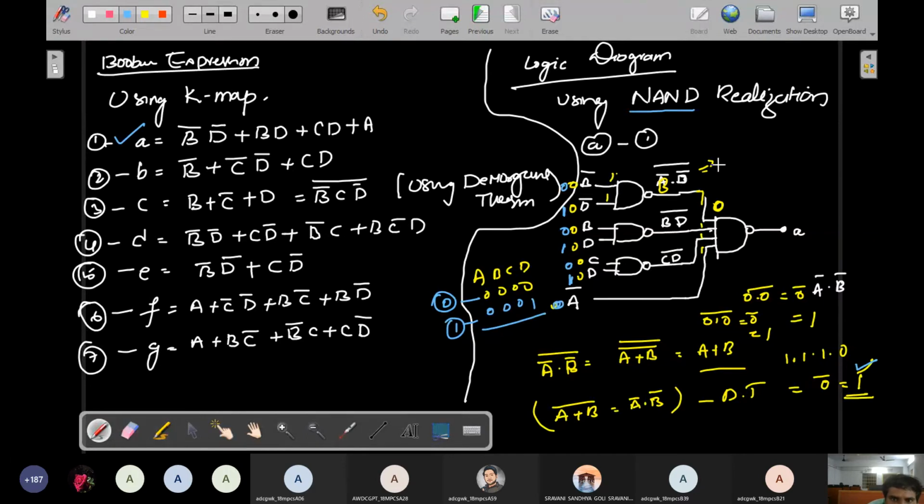According to De Morgan's theorem, this value is B bar D bar. So B bar is nothing but 0 and D bar is nothing but 1. Okay, so bar bar whole bar. According to De Morgan's theorem, this is 0 plus 1 whole bar. Because B plus D, that is called A plus B whole bar, means B plus D whole bar. So whole bar will cancel. This is equal to 1. So right now this input is 1.